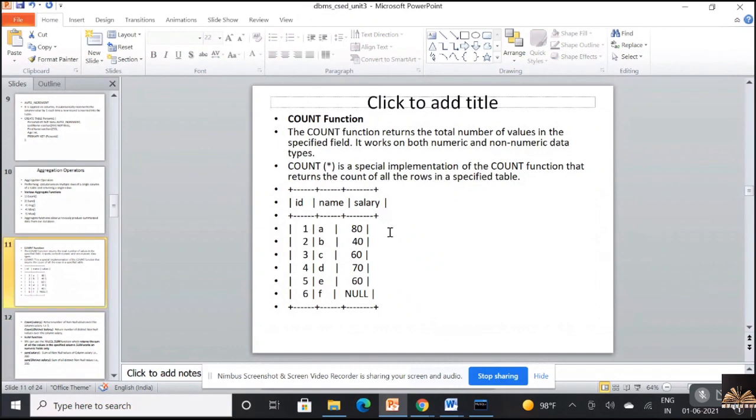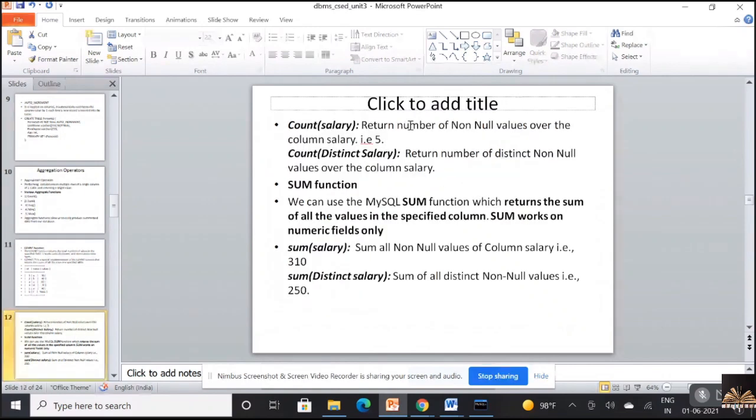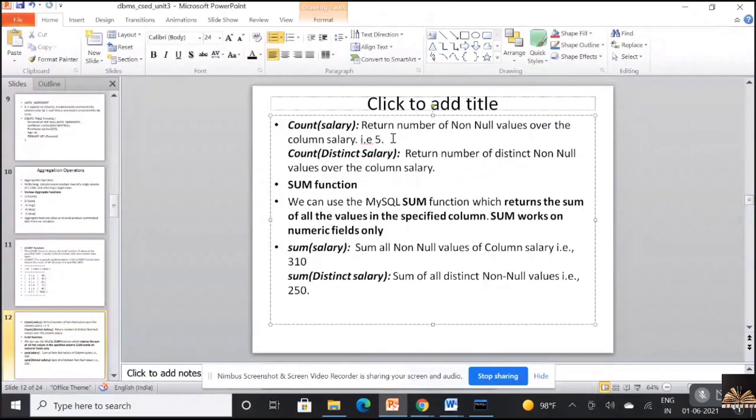What is the count of salary? How many values are existing in the field of salary? 1, 2, 3, 4, 5. So the resultant would be given as 5 because it is only interested in non-null values. So it returns the number of non-null values with respect to the salary field.